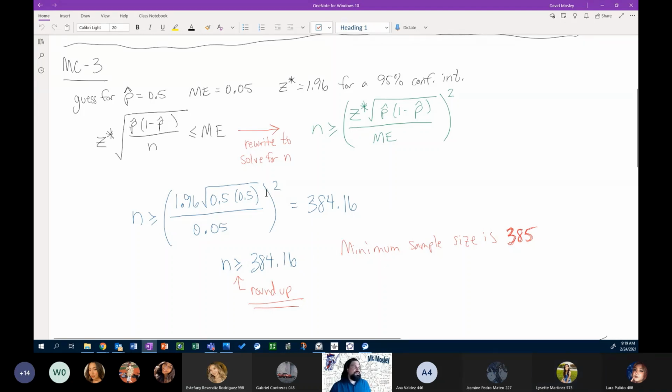Yeah, so the z star right here, we're told for this question that we want a 95% confidence interval, right? We want a 95% confidence interval with a margin of error no greater than 0.05. The 95% confidence interval, right? We know that the